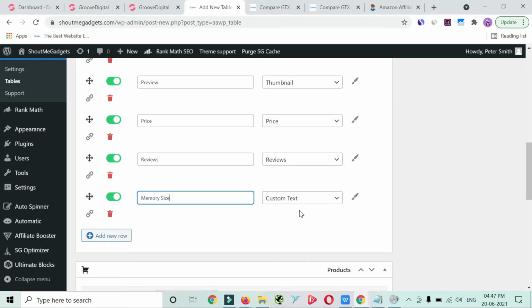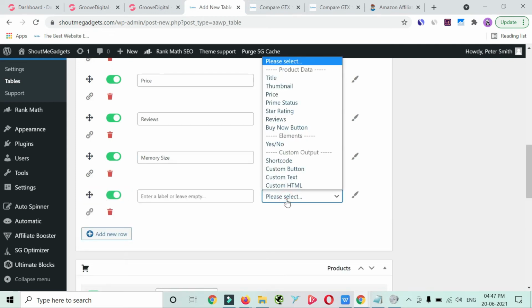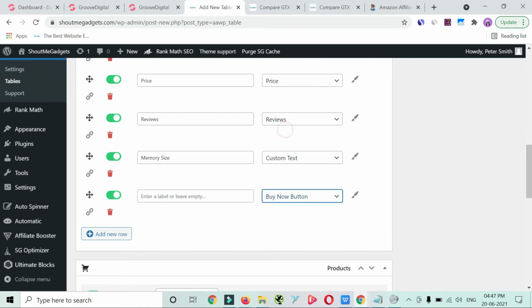Let's move on to the next option. Now I want to send the user to buy now, so I will click on the buy now button and label the row as details.